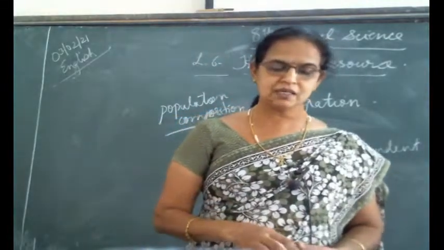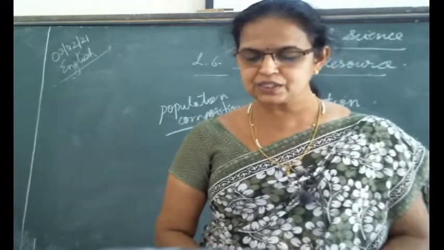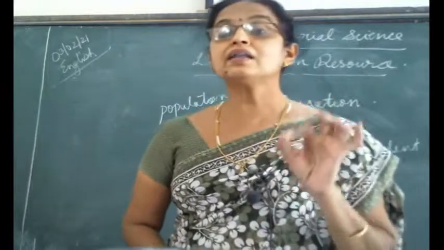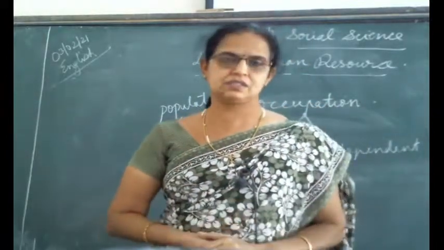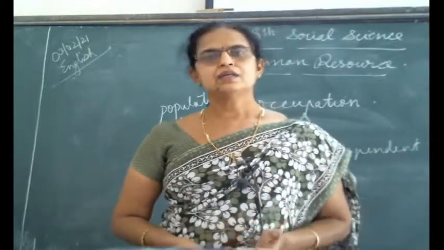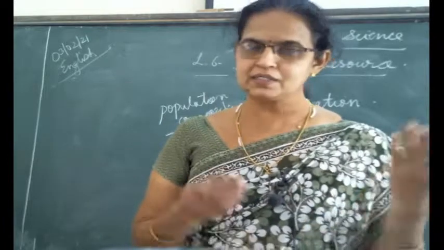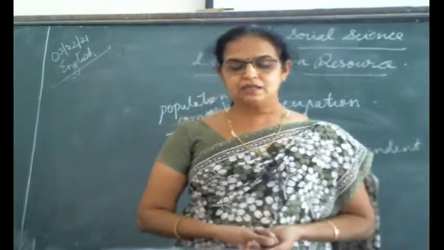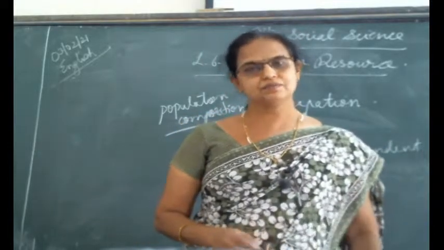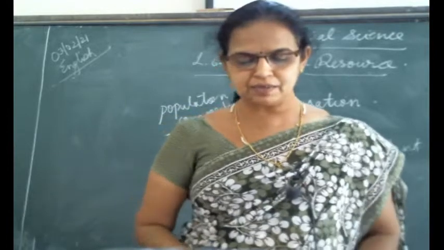And which things are there in the qualitative changes? The changes observed in the level of health and education indicate qualitative changes. Underline that also. Health and education related changes. So their quality improves. If your health is good, your quality improves. If your education is good, your quality improves. That is qualitative population. It alters the way of thinking and behavior as well as the standard of living. Changes will be there as health and education improve.